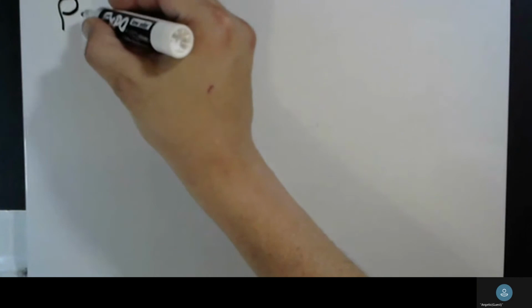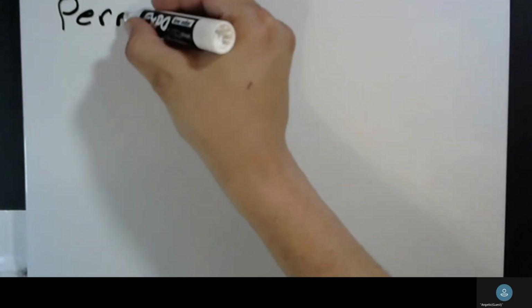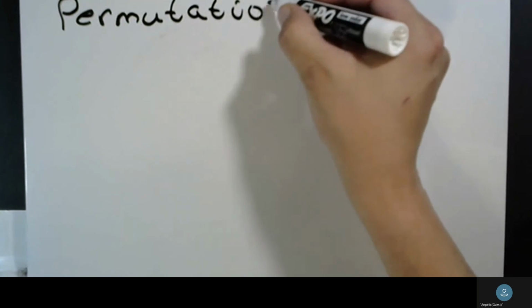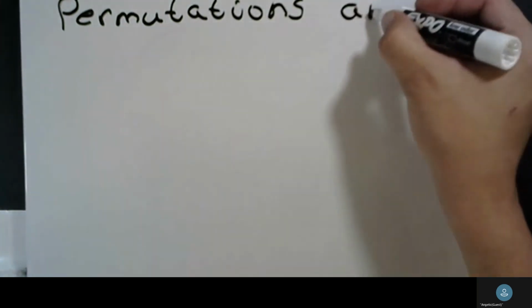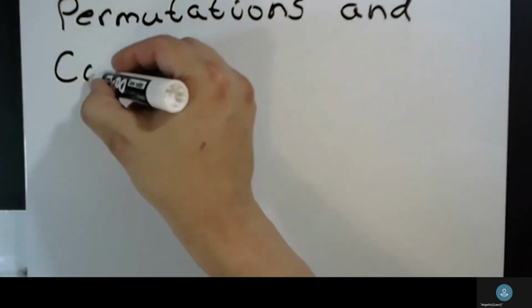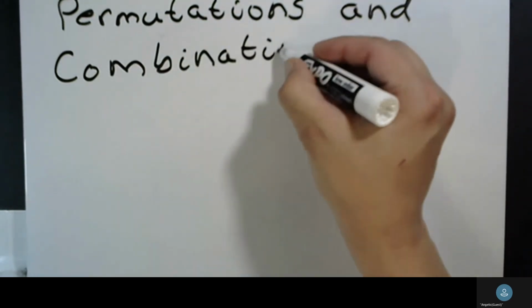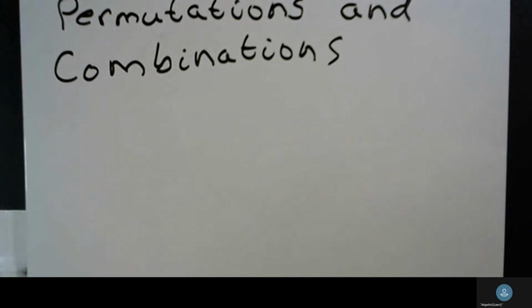So what we're going to be looking at today are permutations and combinations. Now, to talk about this, we're going to get into some formulas that use the factorial, well, it's a factorial